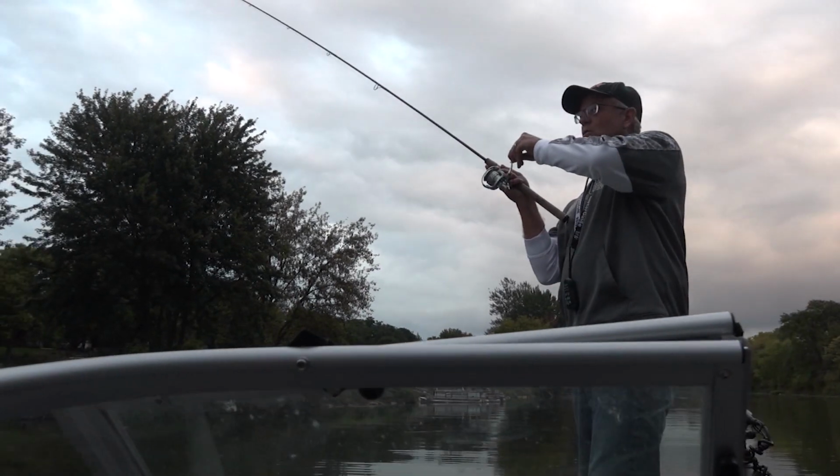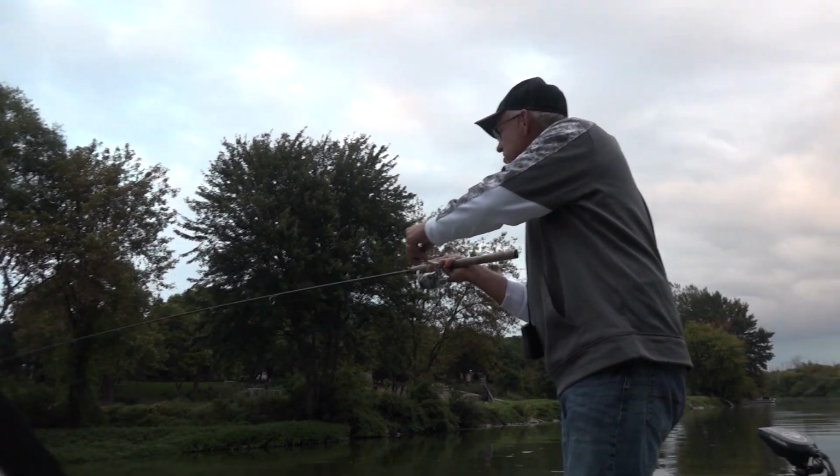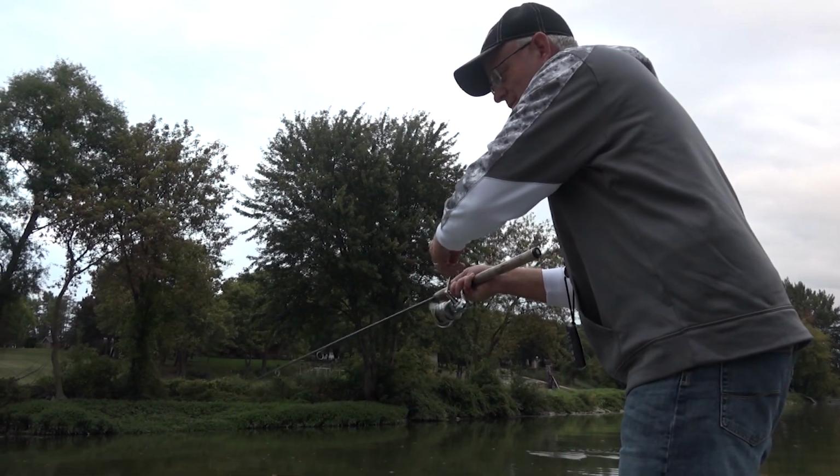There's a bite. Oh, good fish. What we did is slid out here just a little bit. We're still in that same spot. And the river got deep in the middle. I have no idea what I have. Ooh, looks like